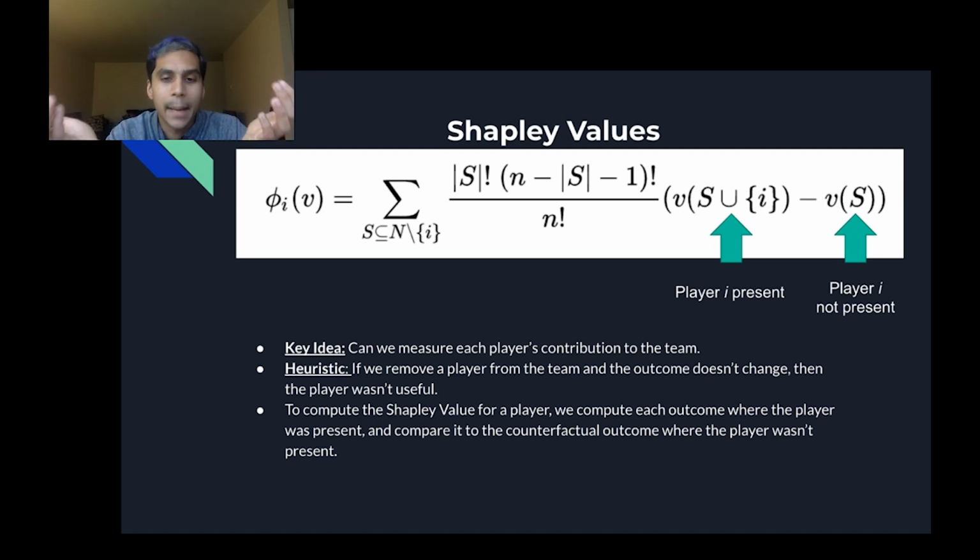And so how do you compute the Shapley value for a particular player? We iterate through all possible combinations of the team, comparing the outcome when the player was present, and subtracting the outcome when the player is not present. If the outcome does not change, that difference, as you see in this visualization here, would then be 0, and so that marginal contribution becomes 0. And with this, you can iterate through all possible combinations. You can see which combinations the player did contribute something, which ones the player didn't contribute something, and sum that all up, and you say that's the Shapley value or the marginal contribution of that player.